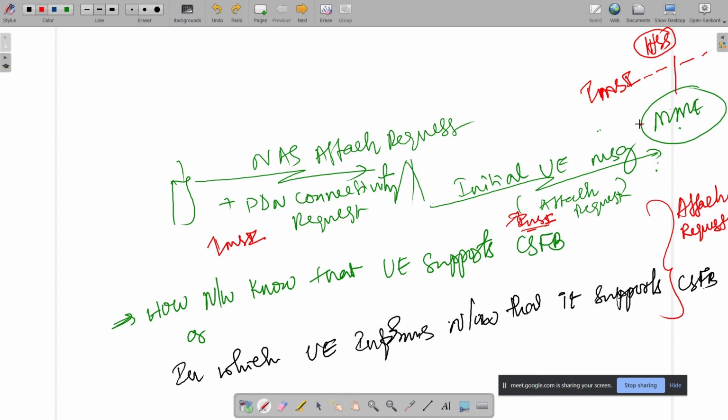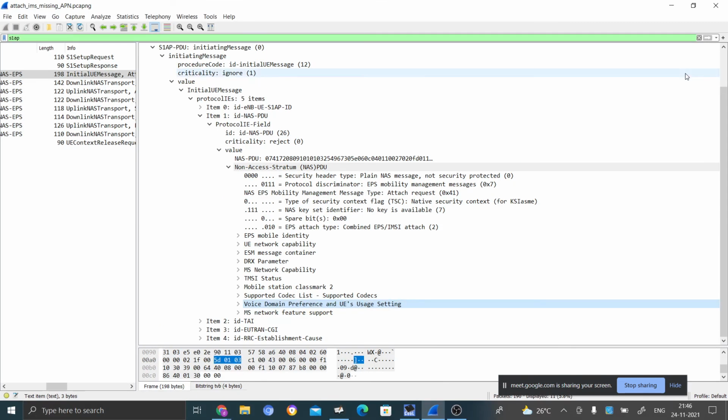Otherwise, it simply rejects. The HSS will send back that no IMSI is available, then this attach request is rejected with unknown IMSI. Got my point? Unknown IMSI. Fine, we'll see some other time.